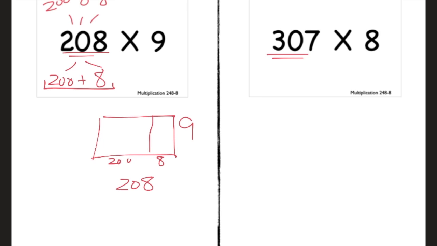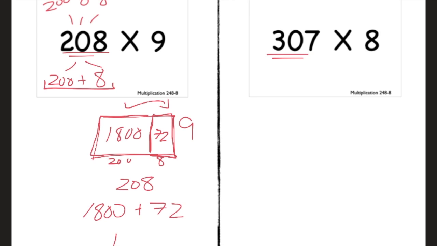So now we're looking to find the area of two smaller rectangles. And because I picked the numbers, I know that they're easy for me to work with. So the product of 8 and 9 is 72. And the product of 200 and 9 is 1,800. So then to find the product of 208 times 9, I really just have to add the product, or the area, of these two smaller rectangles together. So 1,800 plus 72 is equal to